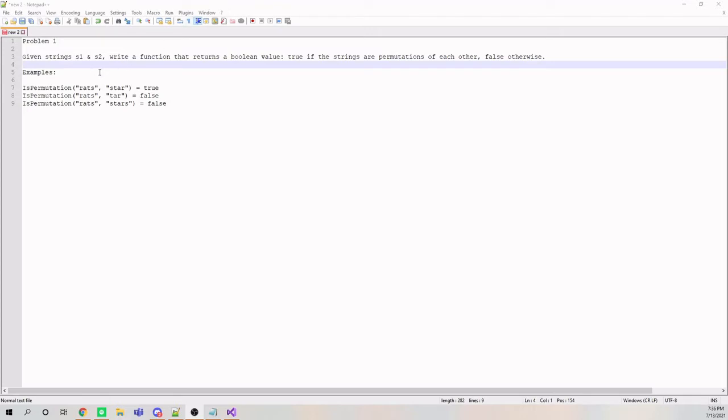So I have the problem posted here. The problem is, given strings S1 and S2, write a function that returns a boolean value: true if the strings are permutations of each other, otherwise false. So examples of this is that